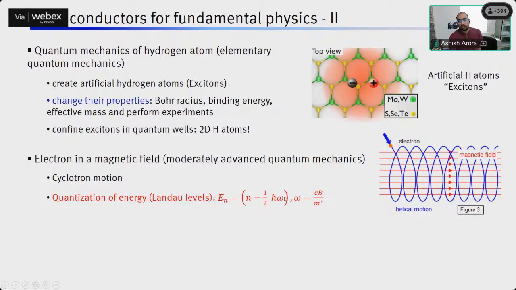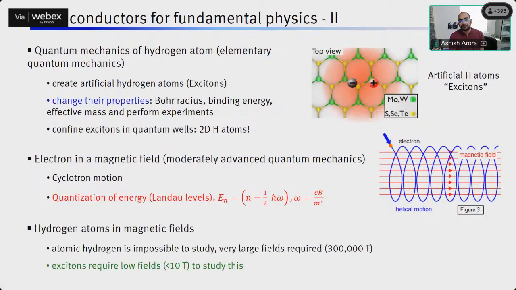So n minus half h cross omega, where omega is the cyclotron frequency eB by m star. All these things have been studied very regularly using semiconductors as a platform. I have already talked to you about hydrogen atoms in magnetic fields, where atomic hydrogen is impossible to study because very large fields are needed, whereas excitons require 10 Tesla or below because the Coulomb energy of these excitons is screened, and therefore such fields are available in the laboratory to study